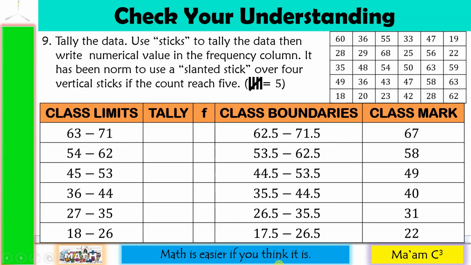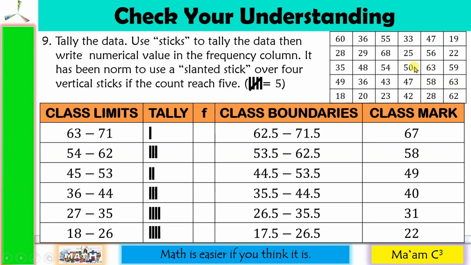Step 9, let us tally the data. The first one is 60, that would be here. Next one is 28, it will be here. Next one is 35, that will also be here. Next one is 49, here. Next one is 18, here. Next is 36, it would be here. 29 will be here. And then we have 48, 36, 20, 55, 68, 54, 43, 23, 33,